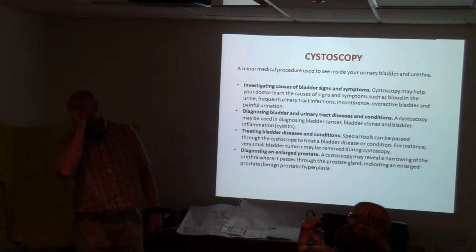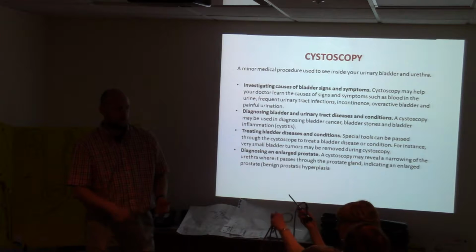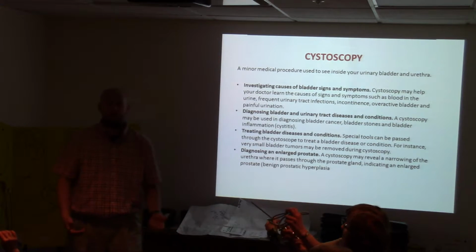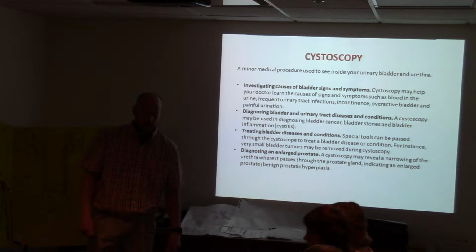And you could hold it up to the light and look in it. And that's how they do that. So that's how they introduce the cystoscope in there, and then from there they can do multiple other procedures like Bob went over yesterday with the stent placement. They could put a wire up, they could do a basket extraction, they could do laser procedures,